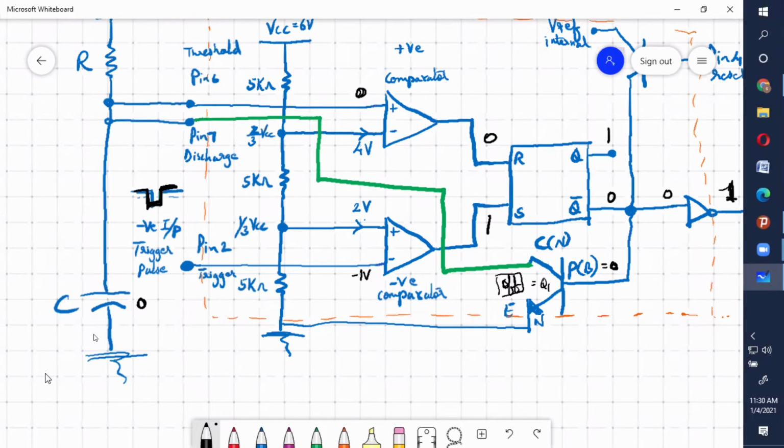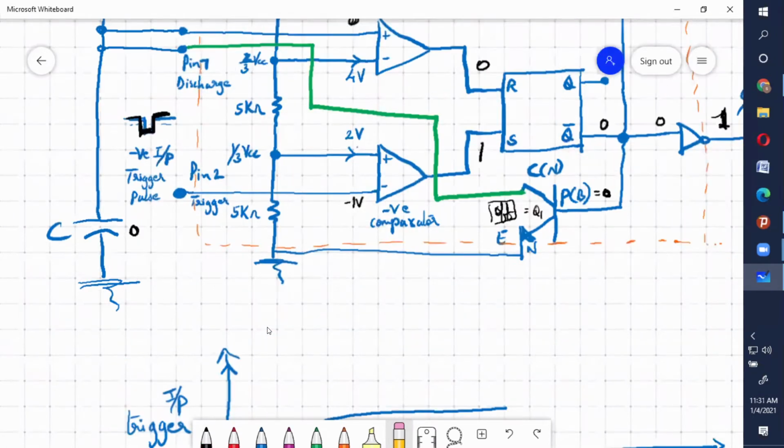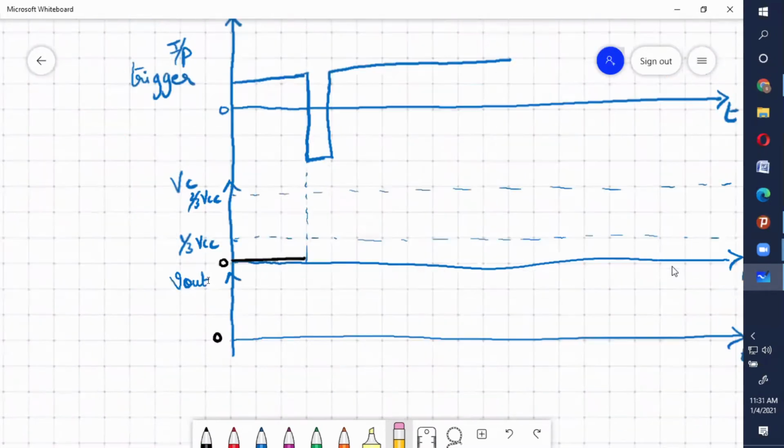Okay, so we'll go to the graph. Your output is 1, final output is 1. We'll fill it in the graph. When you apply a negative trigger, your output changes from where it was, 0, to logic 1. Now I'll assume that the capacitor has only a path to charge. Like this, it is charging. Assume that it has crossed, for example, some 3 volts. So what is happening, we'll analyze and we'll come back.